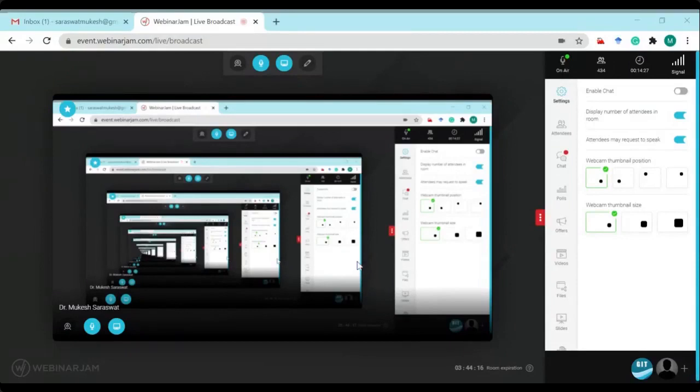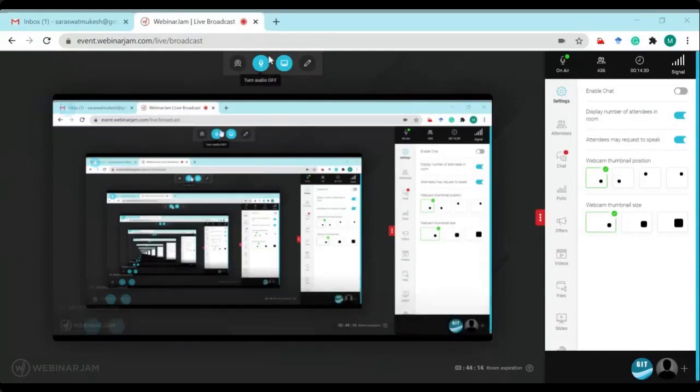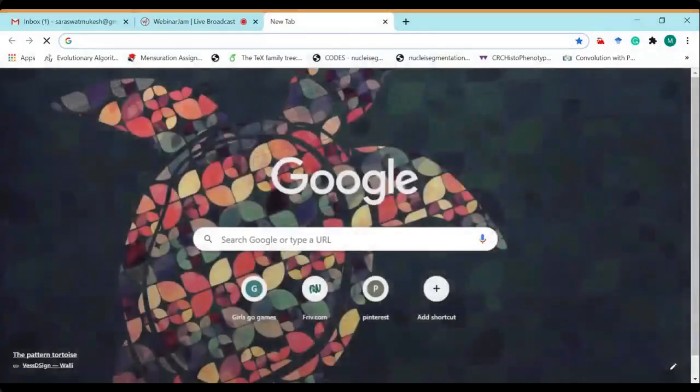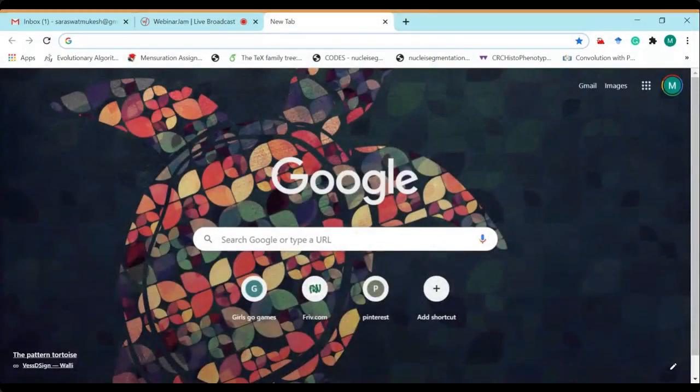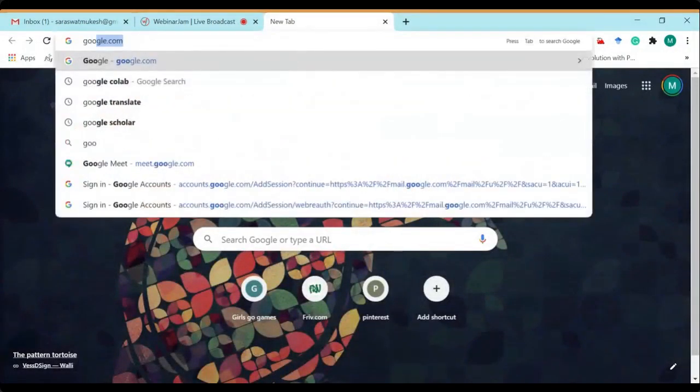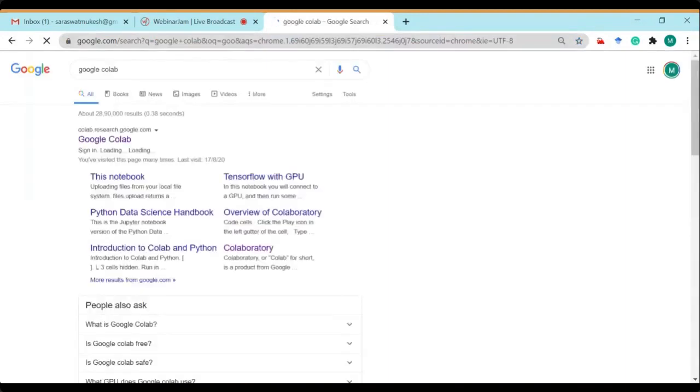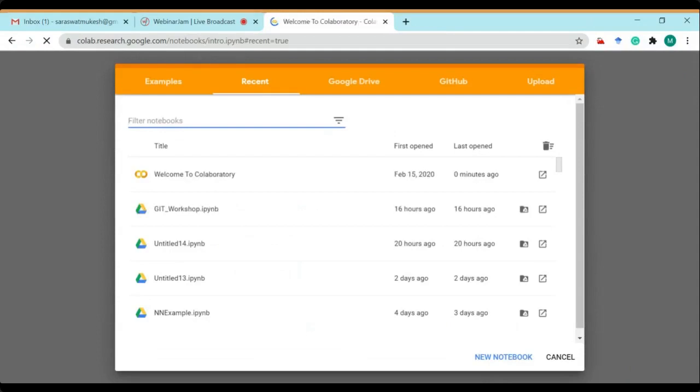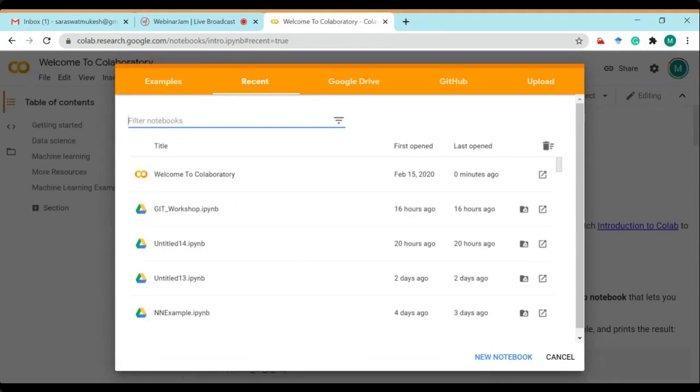Okay, so now my screen is visible. First we will open Google Colab. Let's open this Google Colab. Let's make a new notebook.